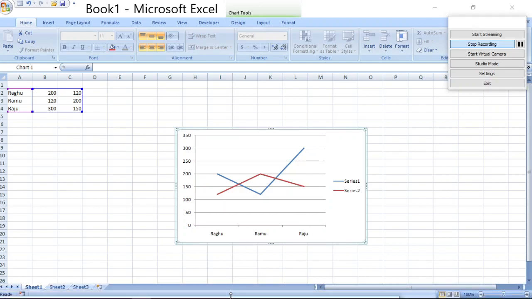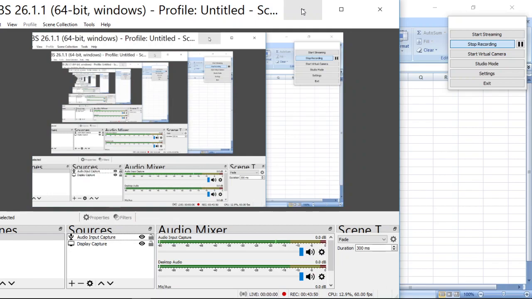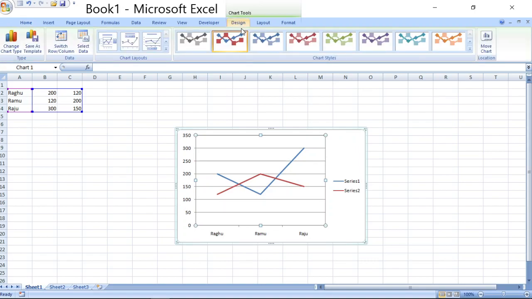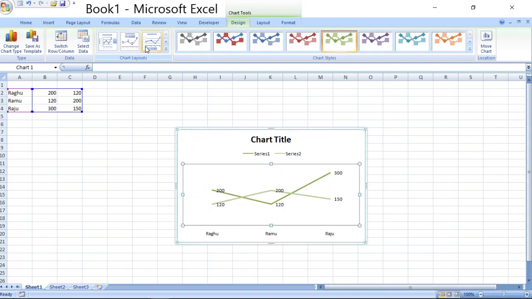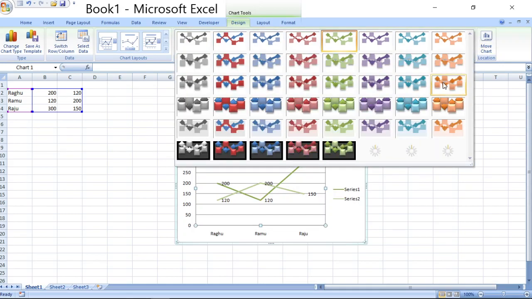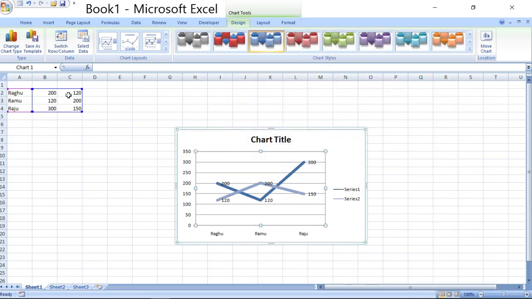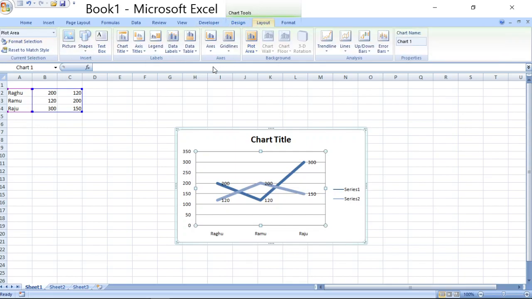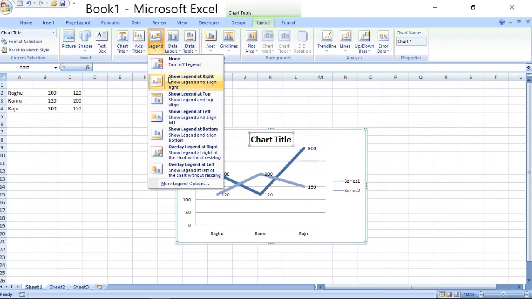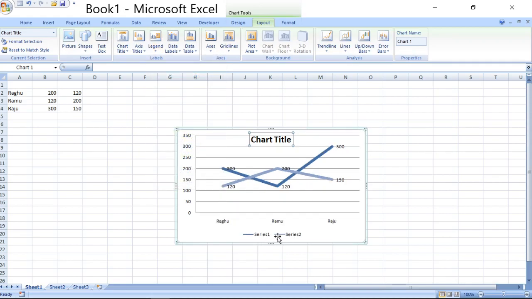Okay, now I am going to the Design tab, and here the different chart styles and layouts are there, right? I'm going to layout, and I show legend at bottom, so it is moved here.